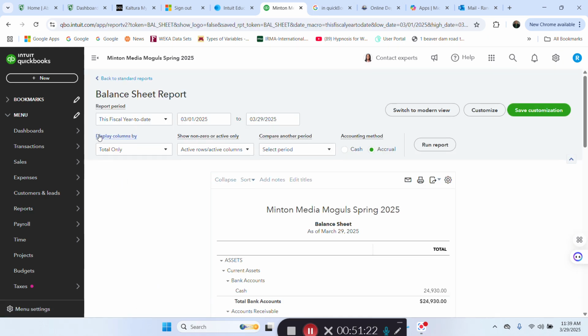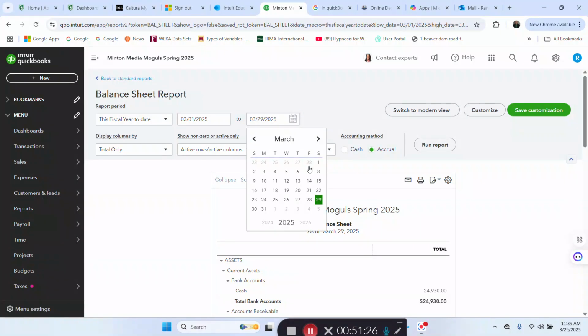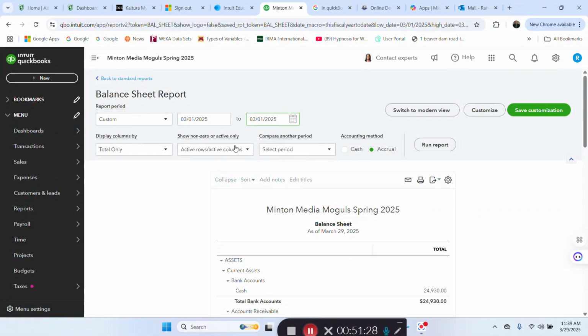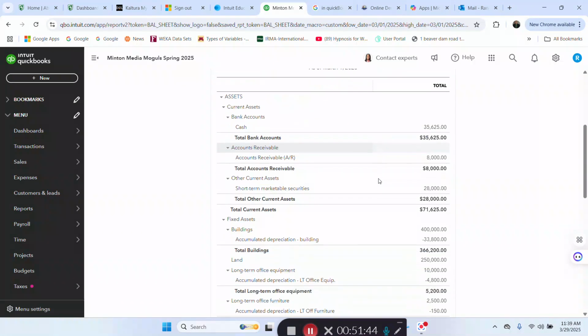The balance sheet is going to be 3-1, so I'm just going to change it back to 3-1. So it shows up from 3-1 to 3-31 basically, or 3-29. That's today's date. And I'm going to run the report. Now, if I run the report,